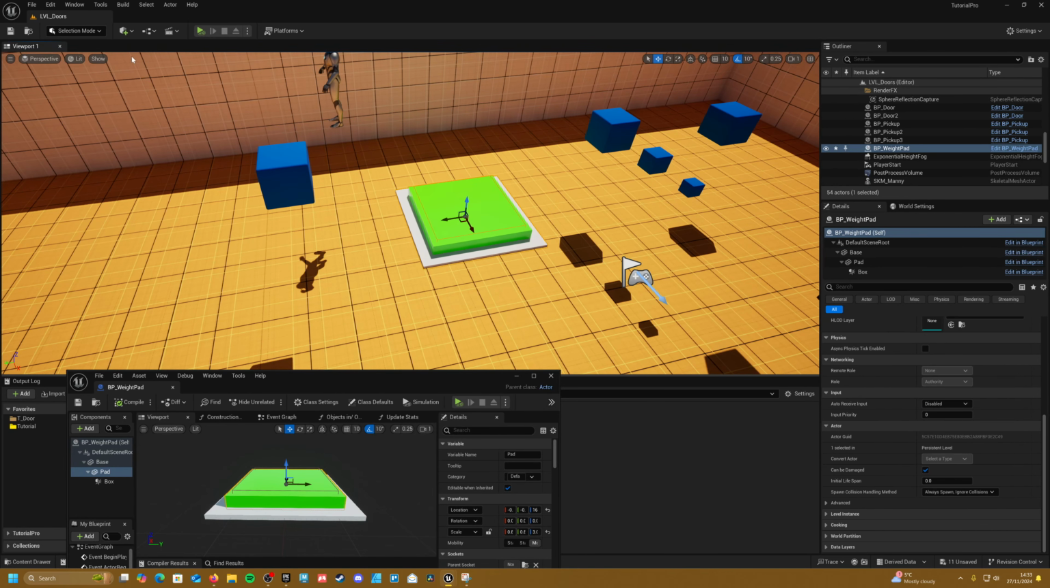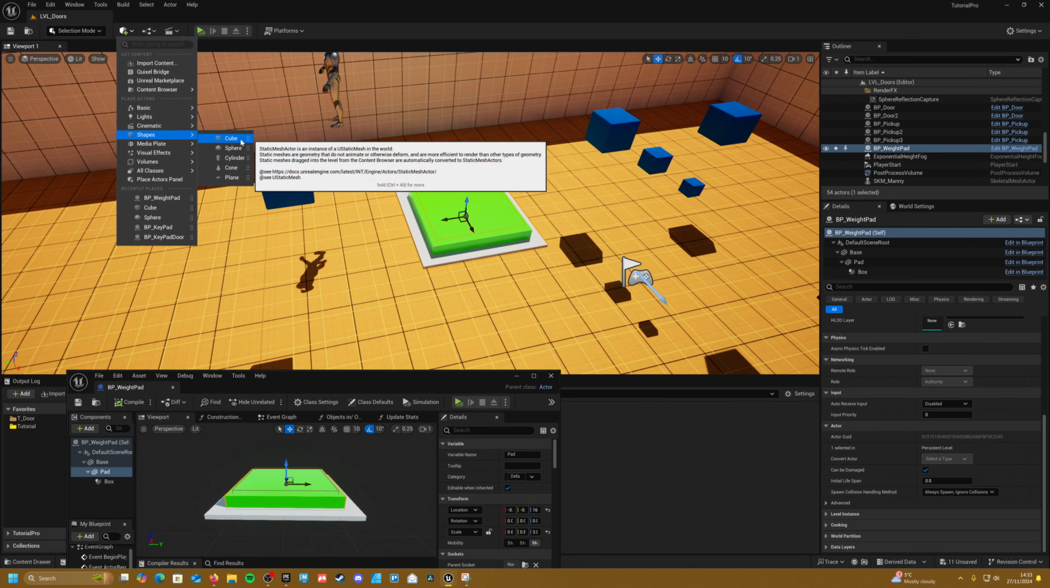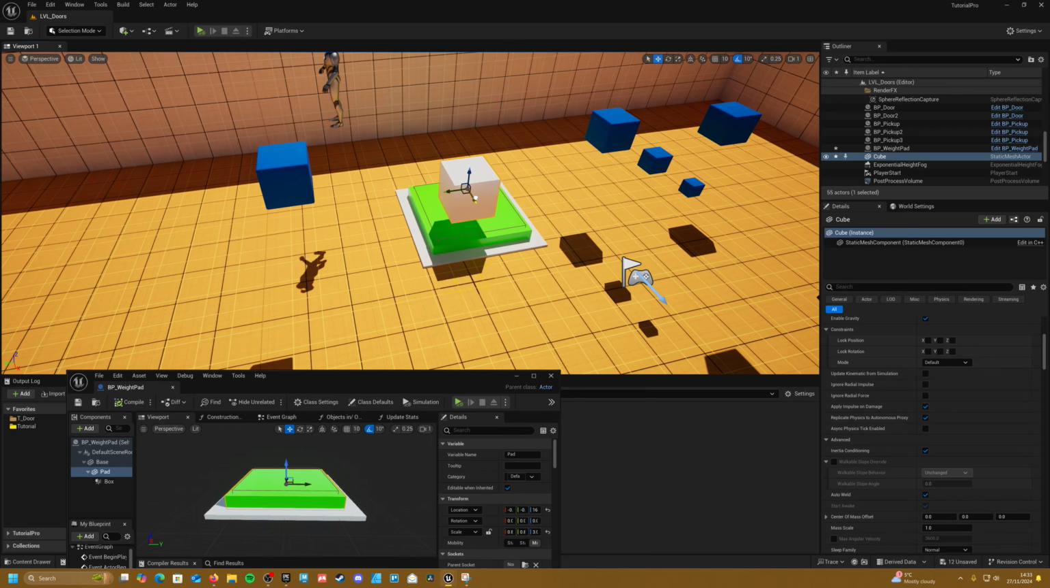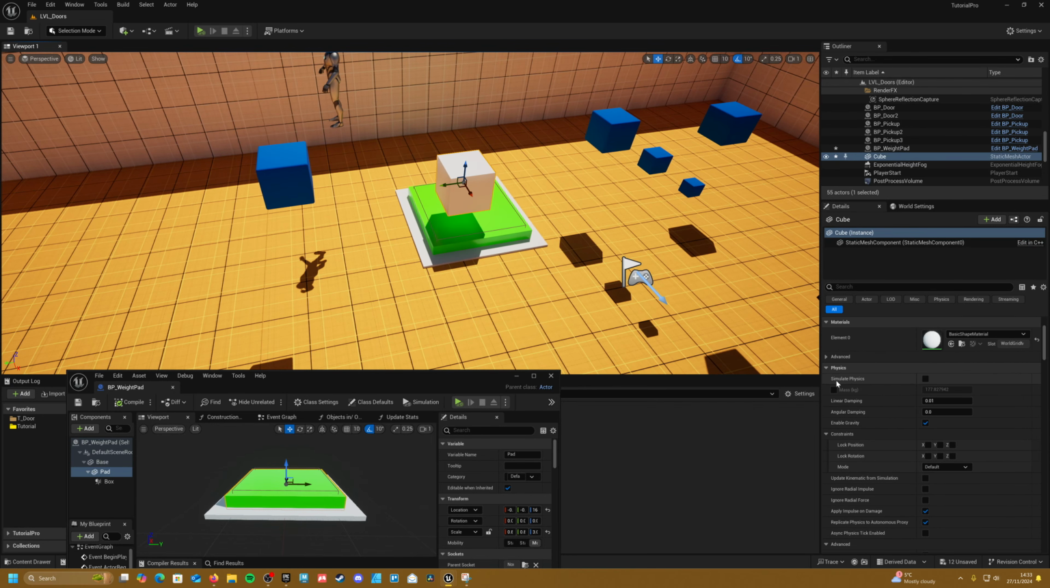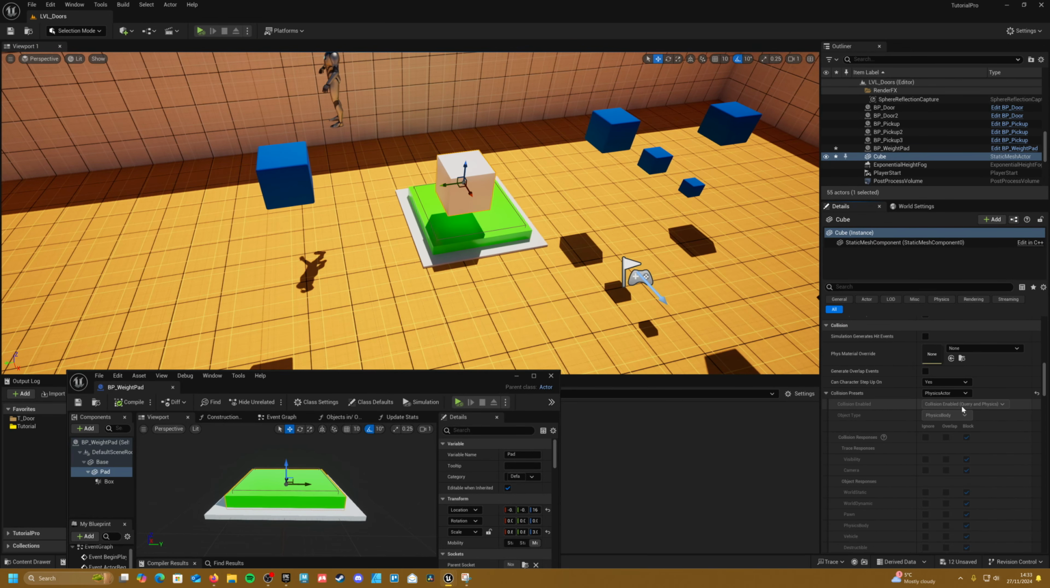Now to test this guy out, if we go up and add a cube into our scene, and let's make sure simulate physics is ticked on. And just for testing, let's put our mass to 200. Now lastly, for any of these objects to work, all we need to do is go down here and make sure generate overlap events is ticked on. If that's not ticked on, this won't work. So now if we play,